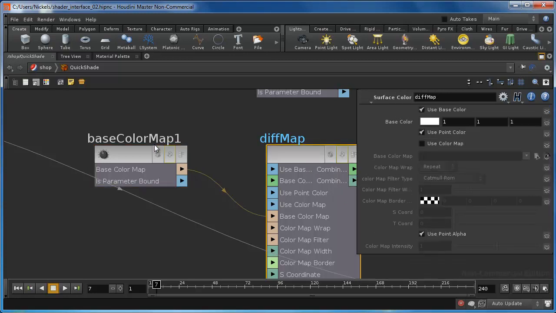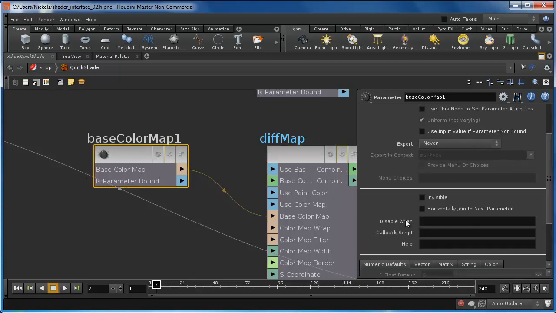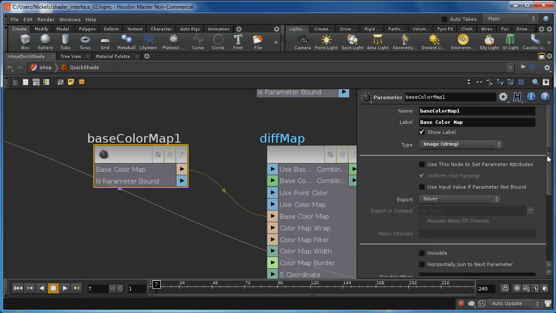This is the same exact interface, the parameter interface that we look at when we're looking in the edit parameter interface, by the way. So we can either look at it here or we can look at it up in the edit parameter interface. So let's go back up,